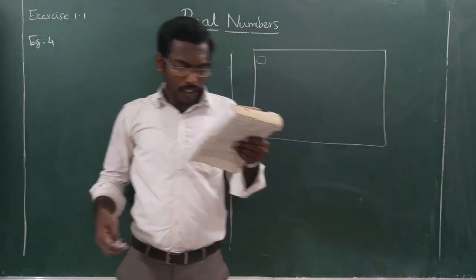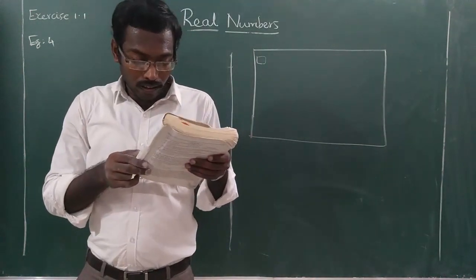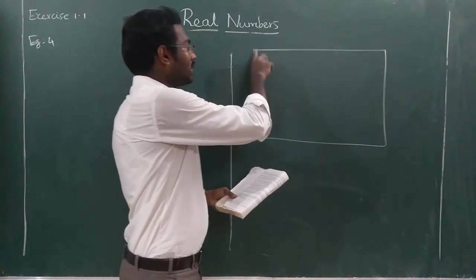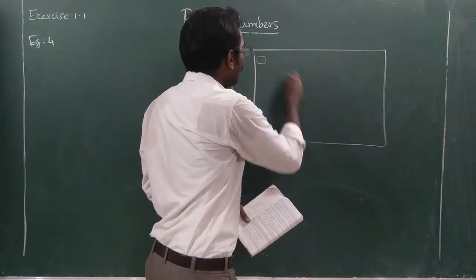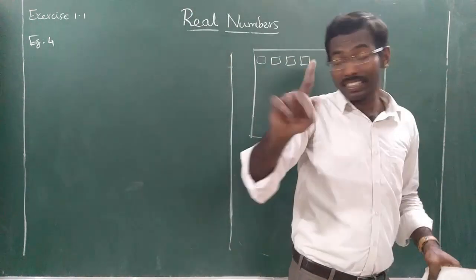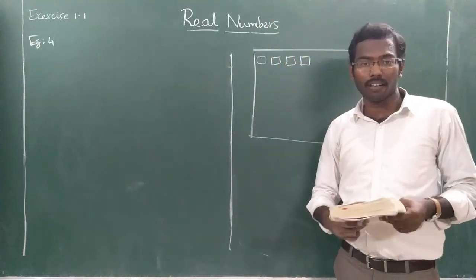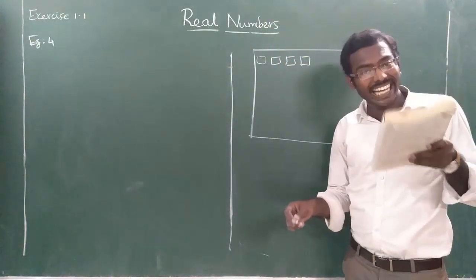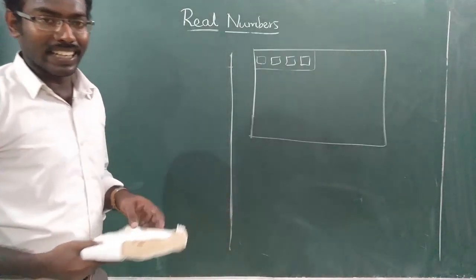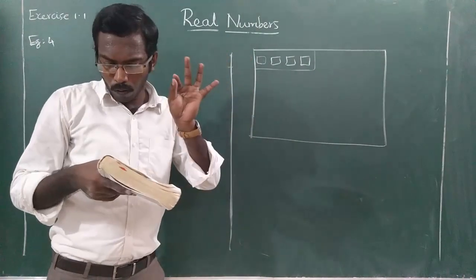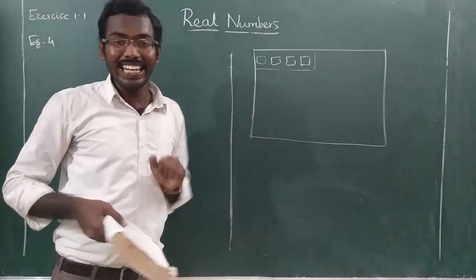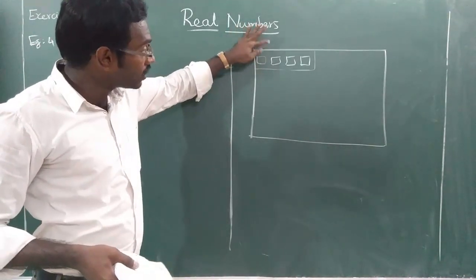Okay, so here what is given? She wants to arrange all the burfis at the same level. For example, if one stack has 10 burfis, then in all the stacks, here also 10, here also 10, here also 10. Understood? All the stacks have the same amount. So if you want least area, when will you get least area? Listen, totally how much? 420 kaju, 130 badam. That is totally 550. When will you get least area? When the stack contains more burfis.